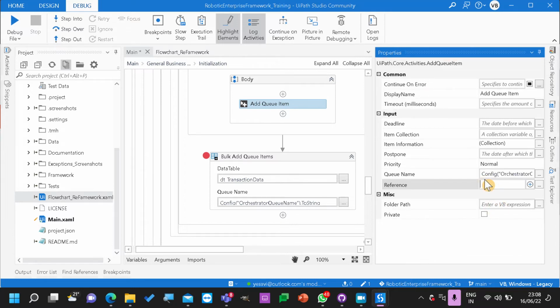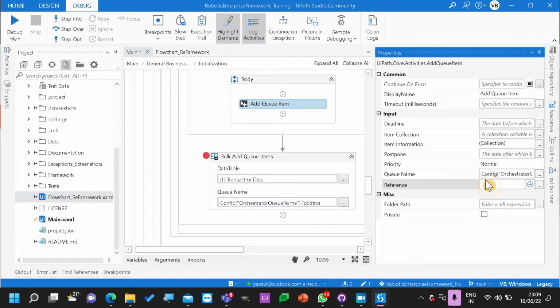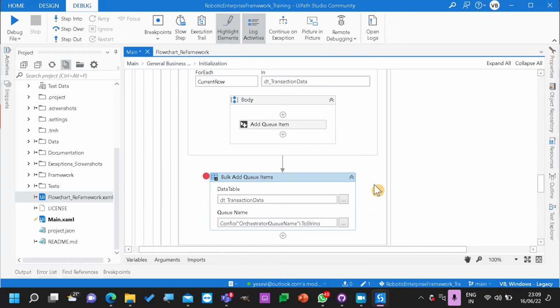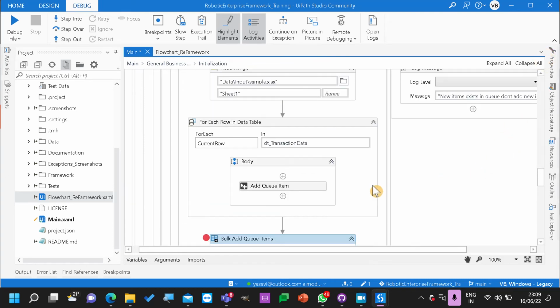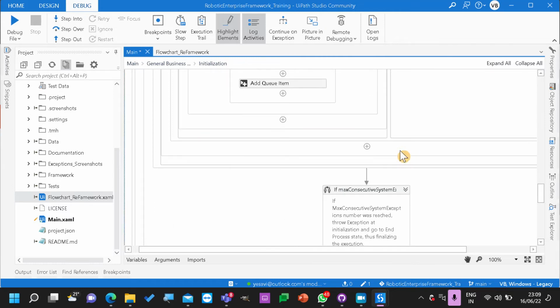So for now I'm giving the reference as the key name. Whatever key we are getting over here, I'm assuming that is the unique reference and I am giving it here. Okay, so do we need bulk add queue items again? No. So I can delete this one.